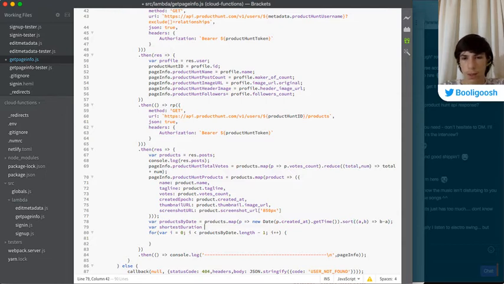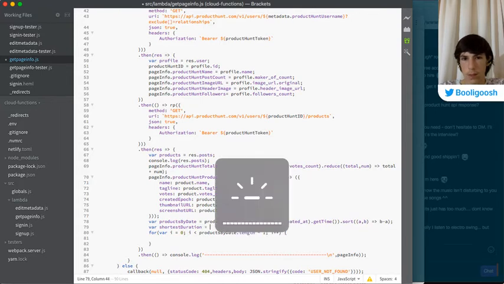So what we'll do here is shortestDuration equals Infinity.